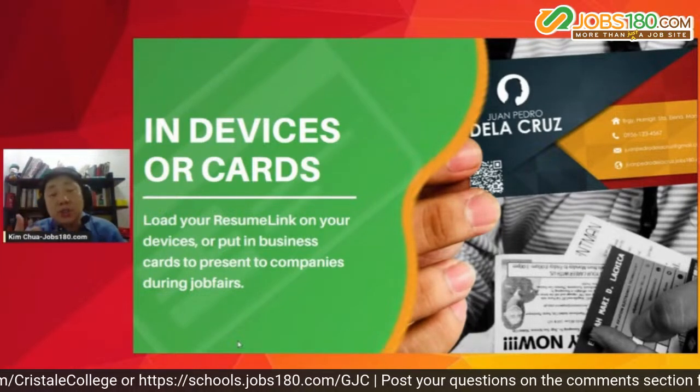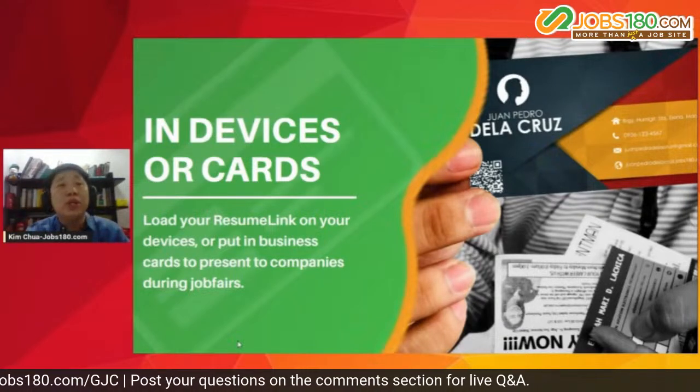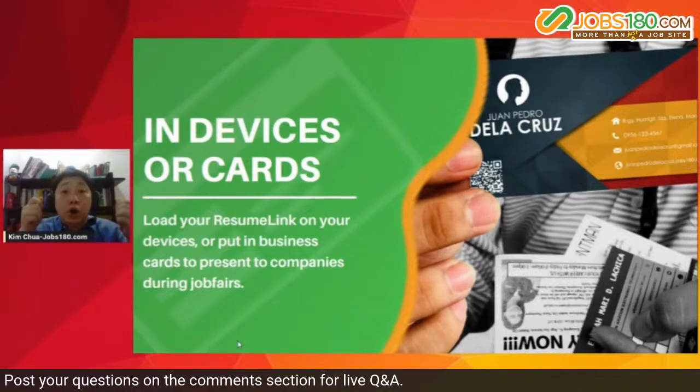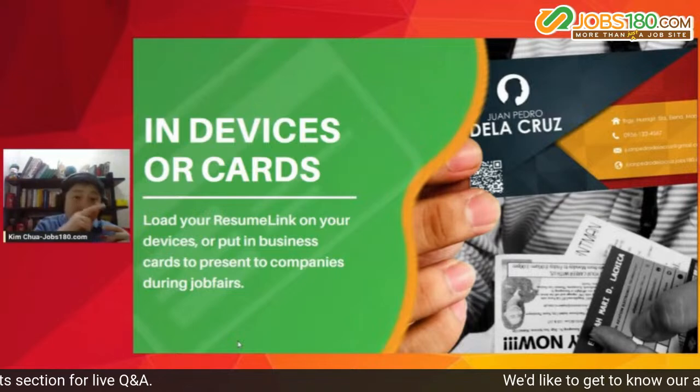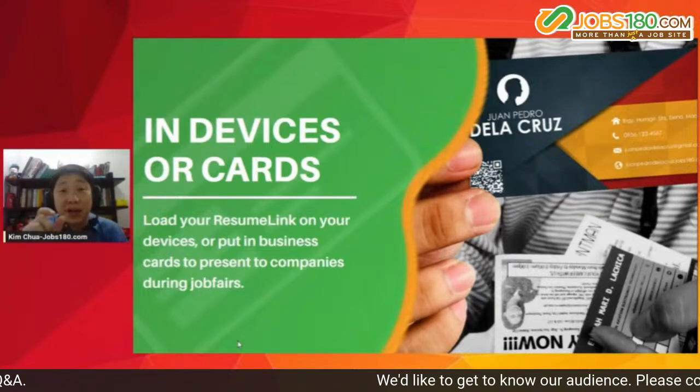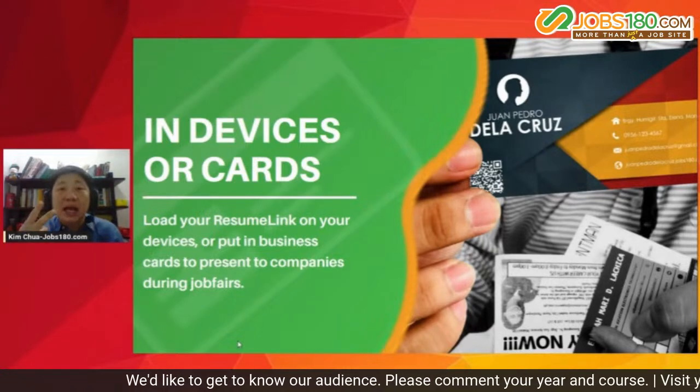Diba? Because of course, right now, eto, tipid. Kasi if you're going to apply to 20 companies, you don't need to print 20 sets of long bond papers. You just need to print 1 long bond paper and cut 20 small pieces of resume link cards. O, diba? That's for the cost side. Tipid na. Pangalawa, at mas importante,